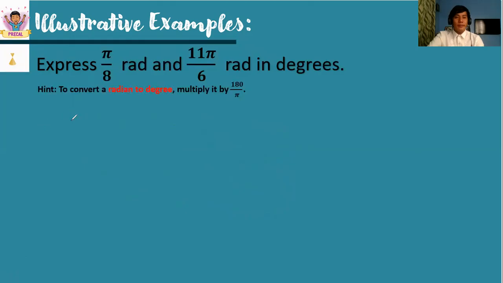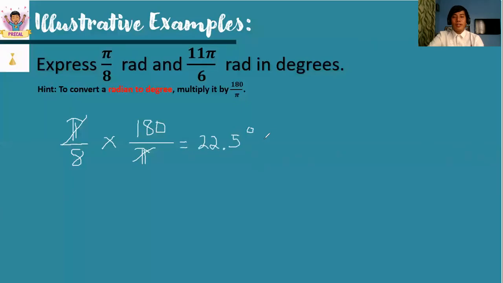So we will have pi over 8 multiplied by 180 over pi. Obviously, we can cancel pi and pi. So we will get 180 divided by 8. You can directly divide. We'll have 22.5